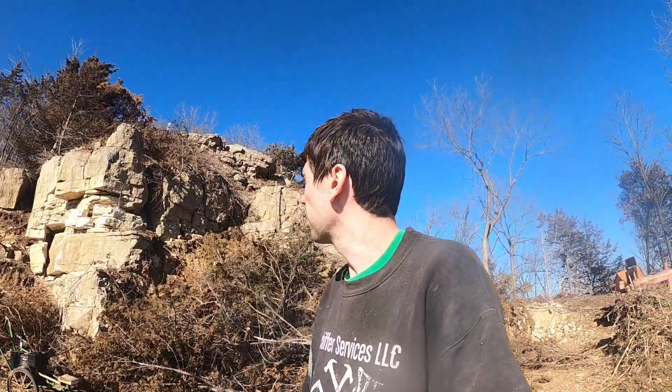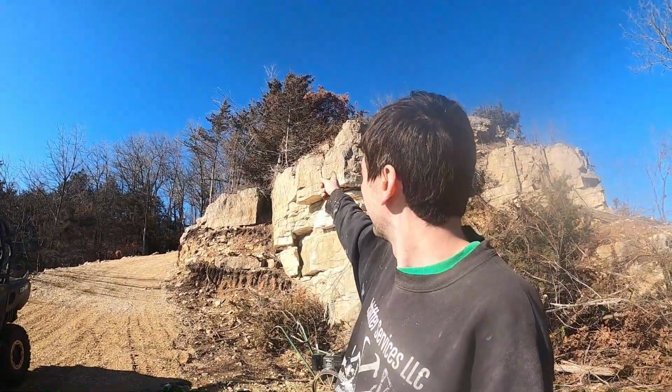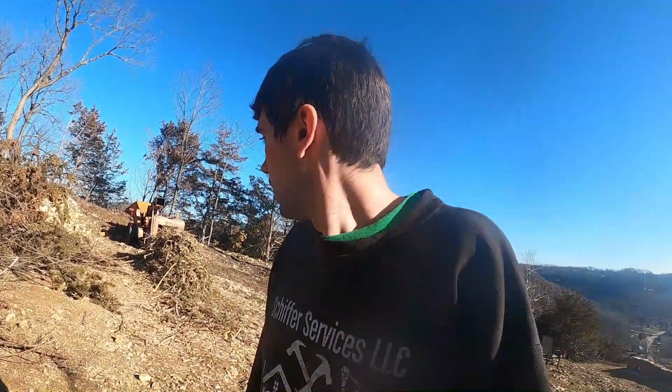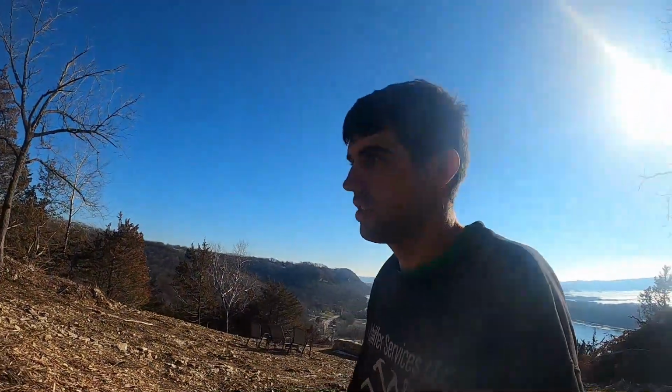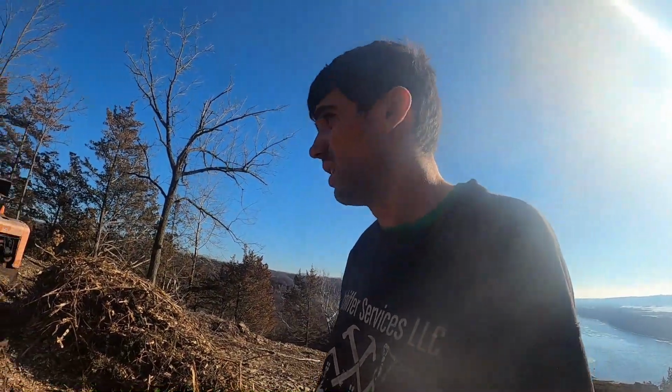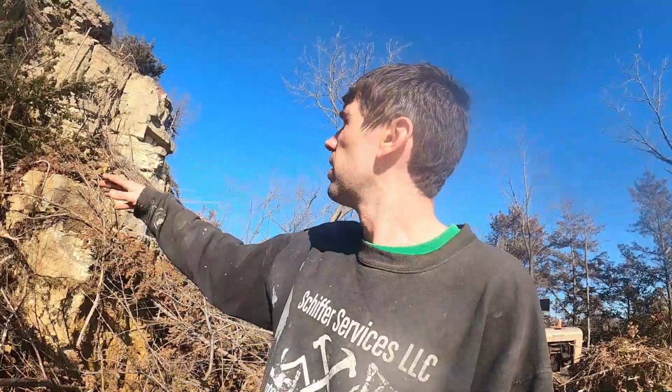Here's another view of the other side of the block here. So we got all those cedar trees up there to take down yet. And then we got all these, of course, to chip. Got a pretty good pile of chippings going here. You got all this to cut up, chip,